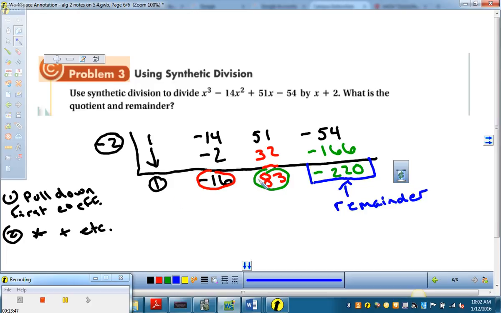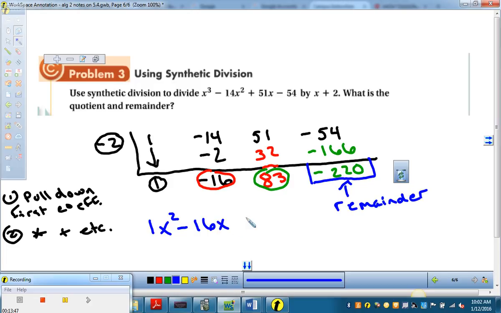And the meaning of these numbers are the coefficients of our answer, and our answer will always start 1 degree less than the degree of what we're dividing. Because we're doing x cubed divided by x, that means this has to be x squared. So our answer is 1x squared